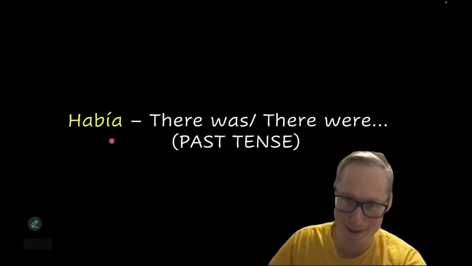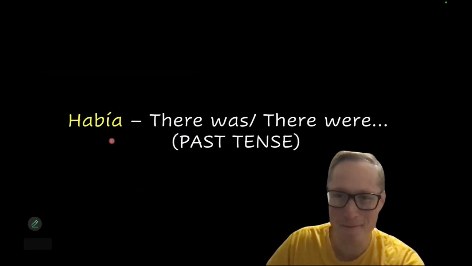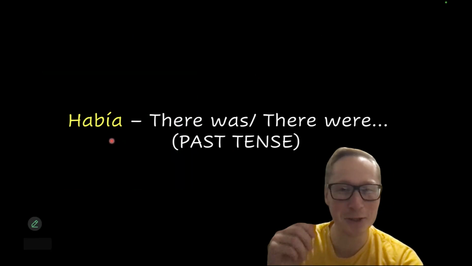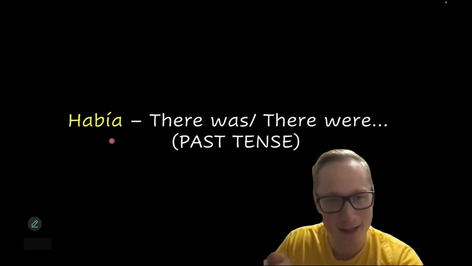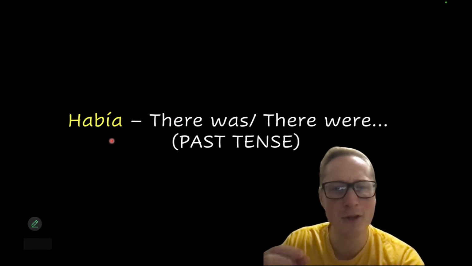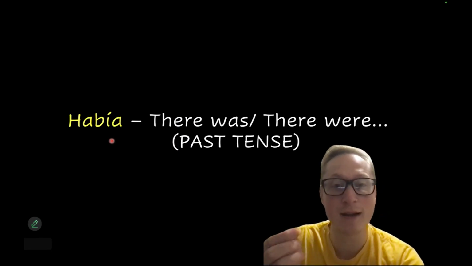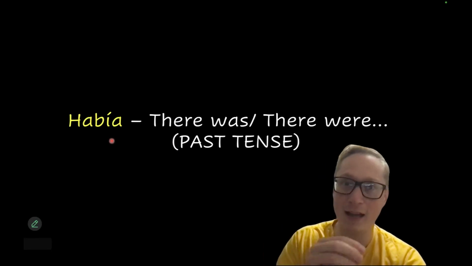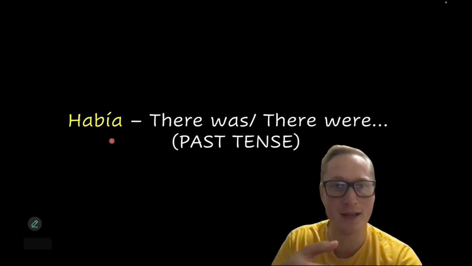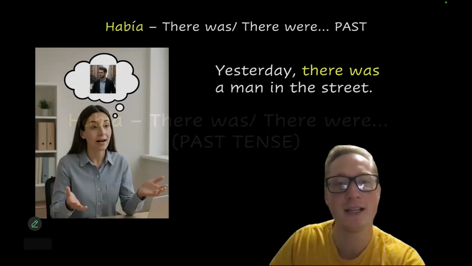Now, había. We're going to move a little quicker now because había is used exactly the same way that we were using hay, but this communicates the past imperfect tense. So this would be to describe that there was something that I observed, or there were some things that I observed. So let's take a look at it.